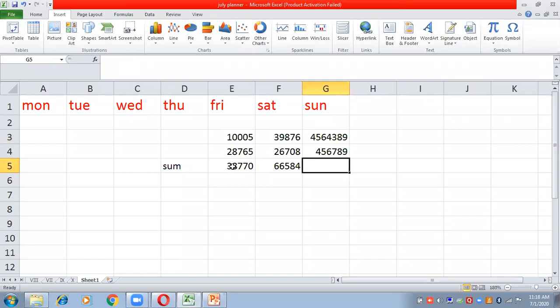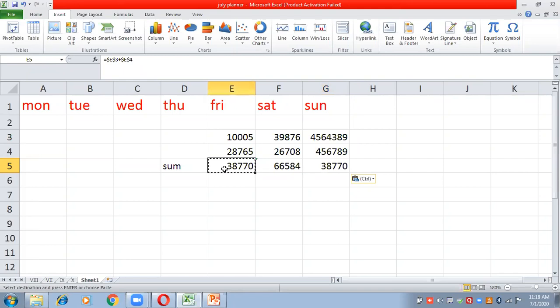Now copy the same formula, Control plus C, and paste it over here, Control plus V. This time when I have copied the cell, the same figures are coming. It is not changing according to the numbers written above. Why is it not changing? Because now the formula is an absolute formula.